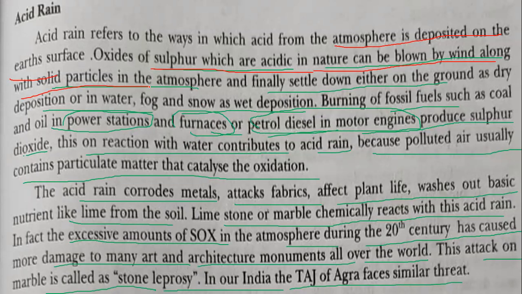Okay, so burning of fossil fuels such as coal and oil in the power stations, furnaces, then petrol, diesel in motor engines produces sulfur dioxide. Okay, this on reaction with the water contributes to acid rain because polluted air usually contains particulate matter that